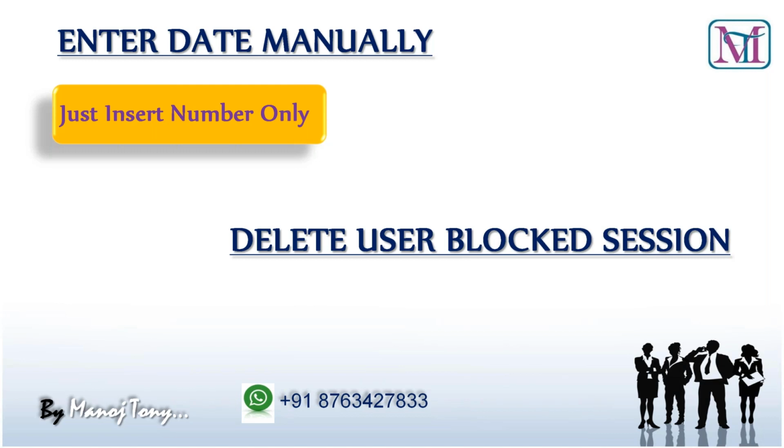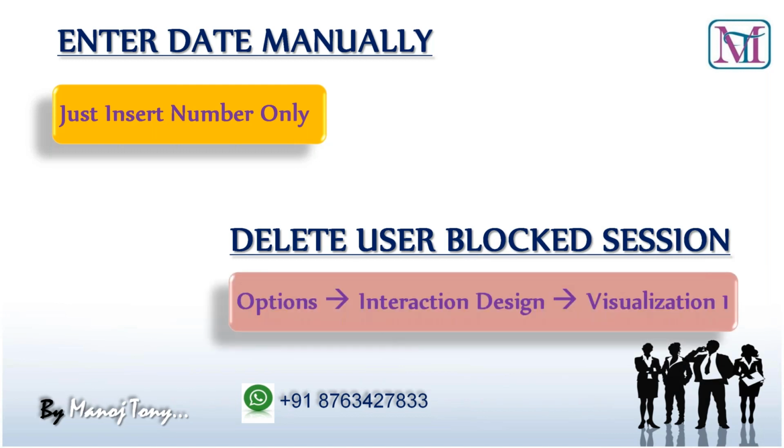Then delete user blocked session. So sometimes what happened? What is this functionality? Suppose in the same server, two consultants are working with the same T code. Suppose I am creating one plant code. Then whenever another consultant opens the same transaction, the system will block that transaction for the second user. So how to delete this? Suppose I am creating one plant, and another consultant is also creating a plant and I want to change something in the plant. Then I am unable to change this because that transaction has been blocked by the other consultant.